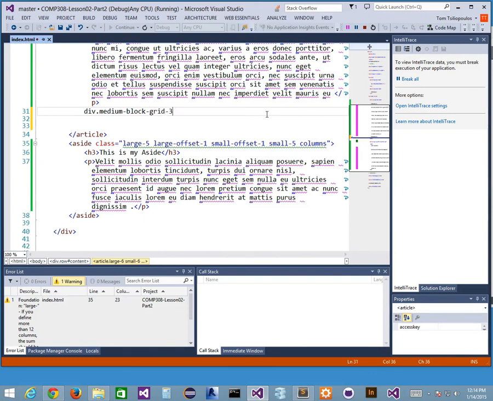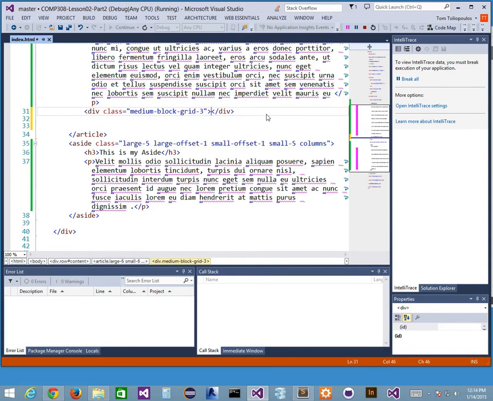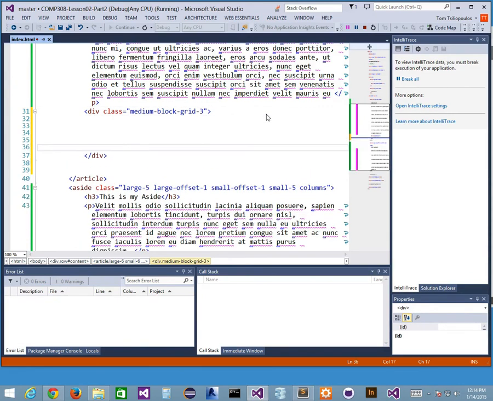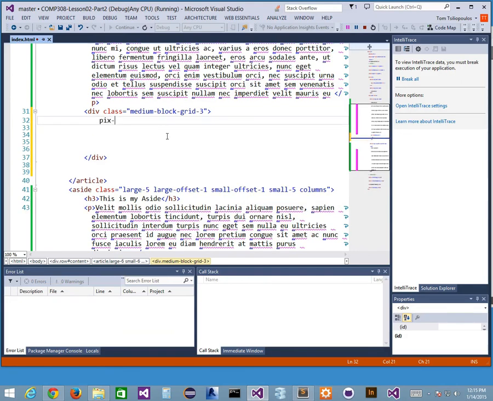All right, so there's the div tag, right? And inside the div tag, I'm going to add in there a bunch of these placeholder images. So I'm going to go something like pics dash, and they're going to be, let's say, 150 by 150, right? And it's going to be business,